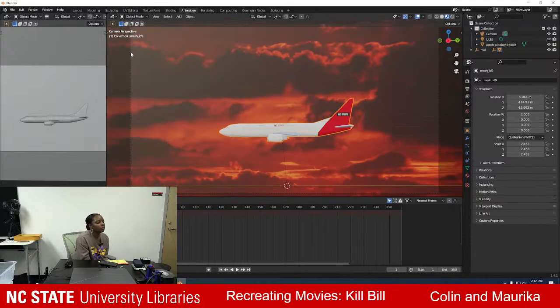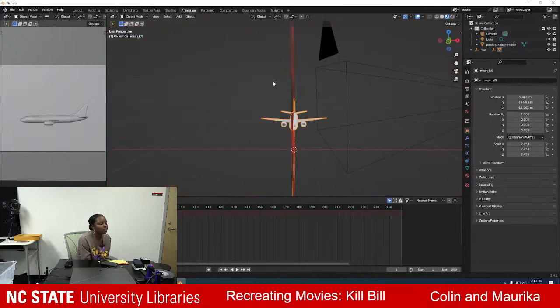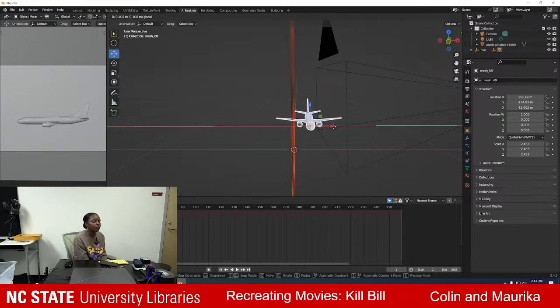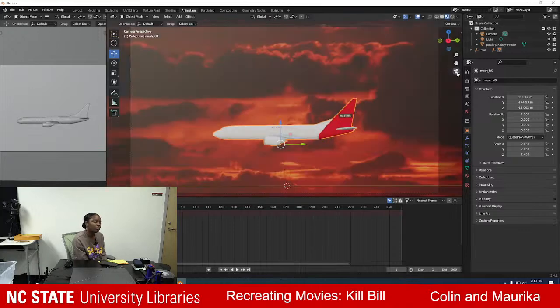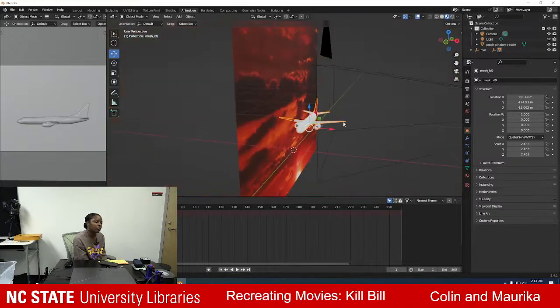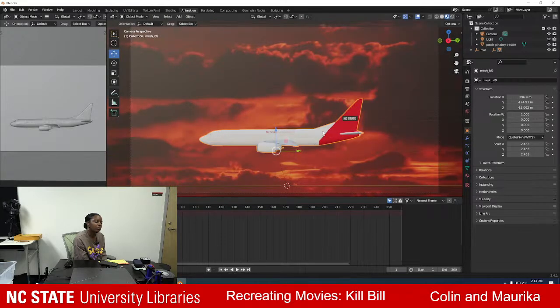Oh, I guess I also could do this. Oh, so you're bringing the plane closer to the camera. Yeah, because there's like a forced perspective kind of thing happening where